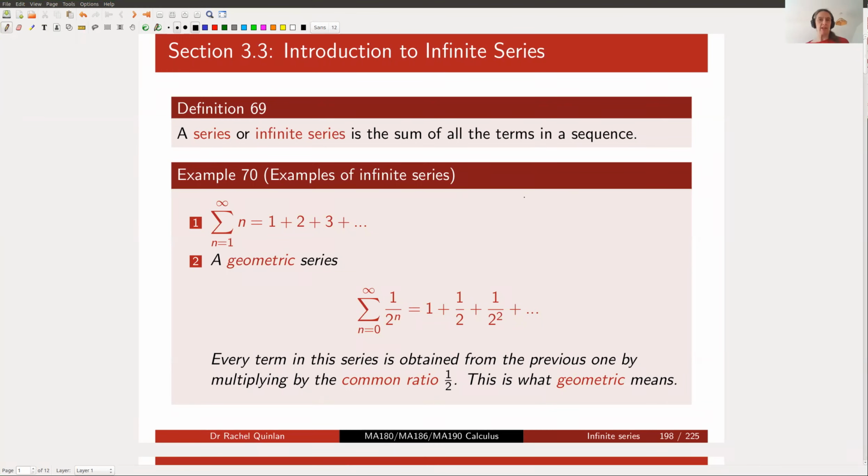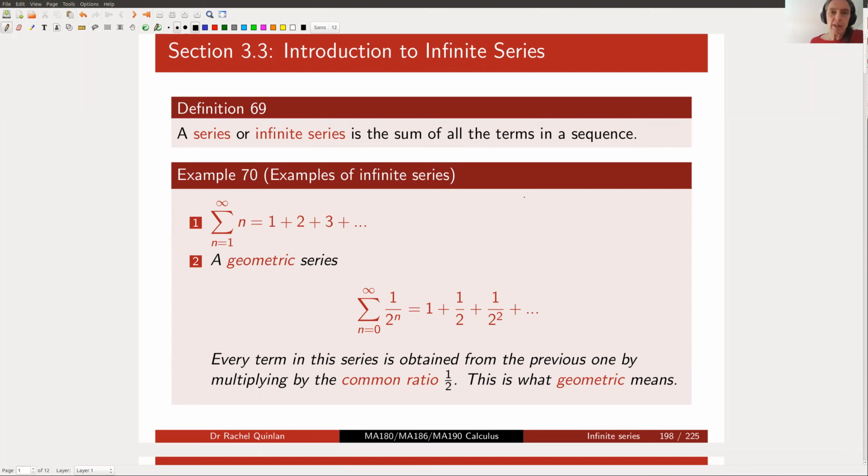Okay. Welcome everyone to lecture number 21. Our topic today is infinite series. And just to recap, in the last couple of lectures, we've been talking about sequences and about the concept of convergence for sequences. So today we're going to develop that to a slightly different idea, which is that of an infinite series, which is something that I suppose is related to sequences, but has maybe more obvious practical